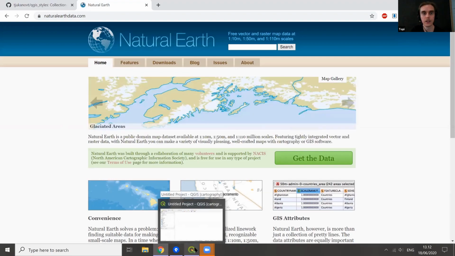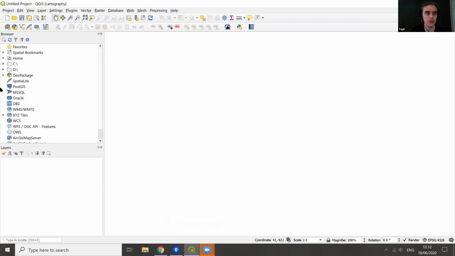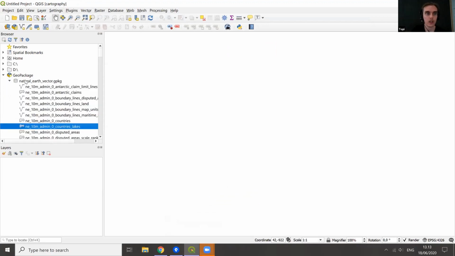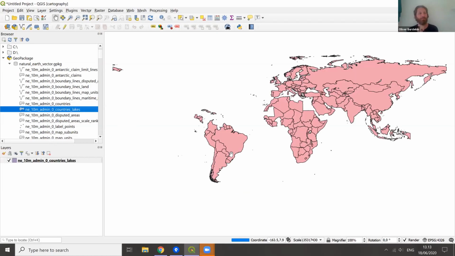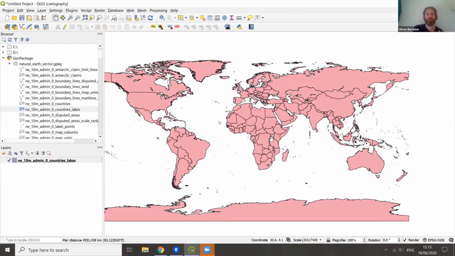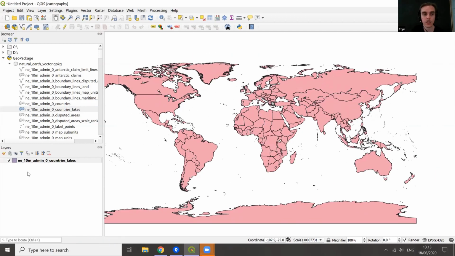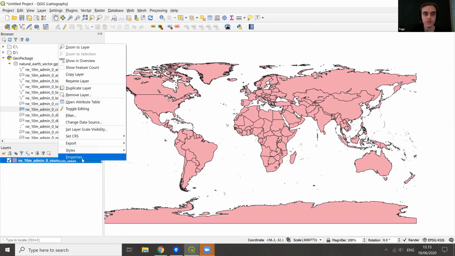So getting the whole data is around 500 megs in a GeoPackage. So I highly recommend using that. I have connected to the GeoPackage in my QGIS. I have a fresh profile here, so everything should look pretty normal. Then usually I just open up a map layer, and then if we imagine that I would be making